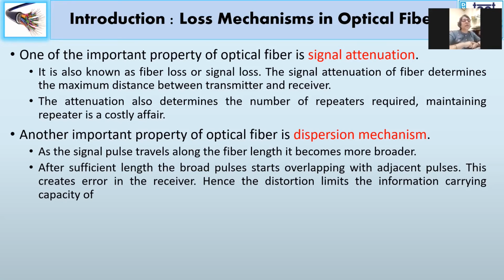That is maybe because of absorption in the fiber, scattering in the fiber, bending in the fiber. So these are the reasons for the attenuation. And definitely this can be repaired, because once you have signal boosters or optical amplifiers placed in your network, they help you boost the signal strength.